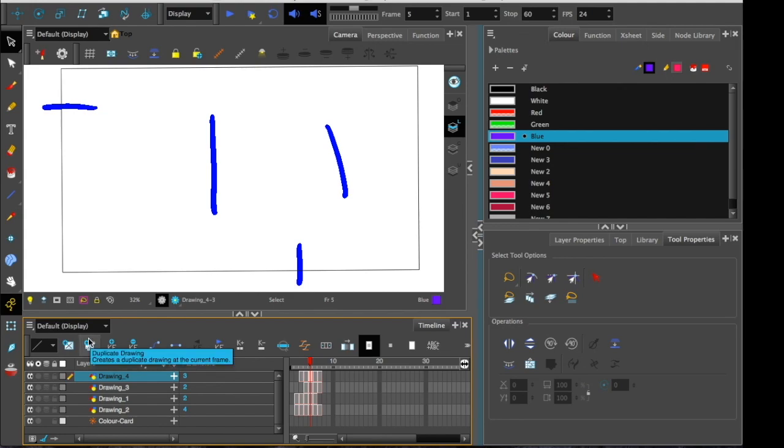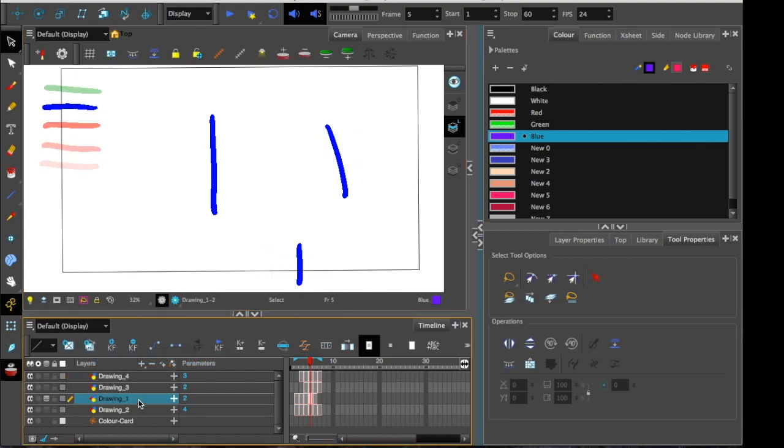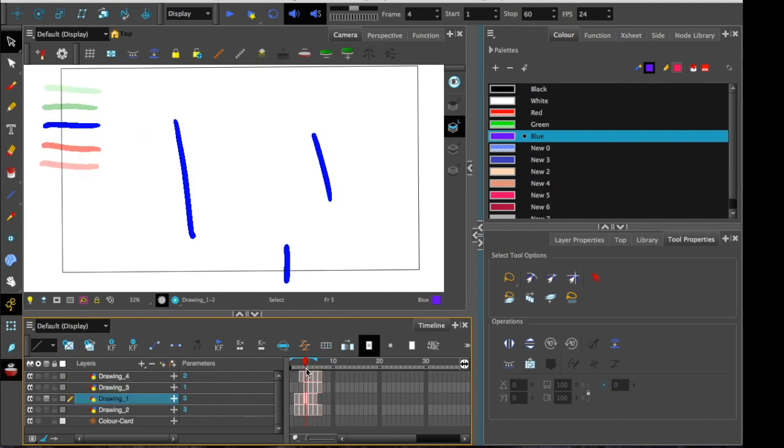And that's because when any onion skin layer is turned on, it is also going to show the current selected drawing layer. See, I'm scrolling through there and it is showing what we're currently focused on. So that could be a pro or a con depending on your point of view. I think it's a good thing because it means you don't need to be constantly managing what's going on down here. You can just have your drawing layer selected, pop that on, and see the onion skin of what you're